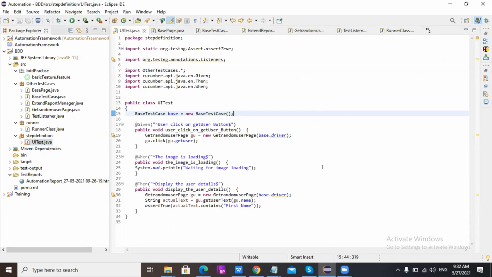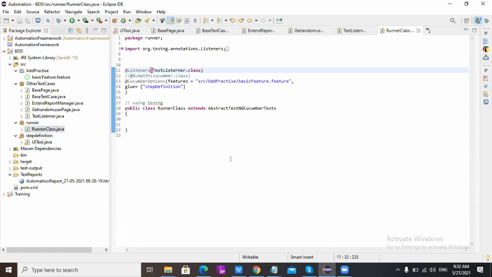It's different, that's why it is not searching for it. See the glue step definition; that is the package name, you can just make the D small. It should exactly match the package name, then only it will get executed. So this is the package name of the step definition. Okay, now execute.